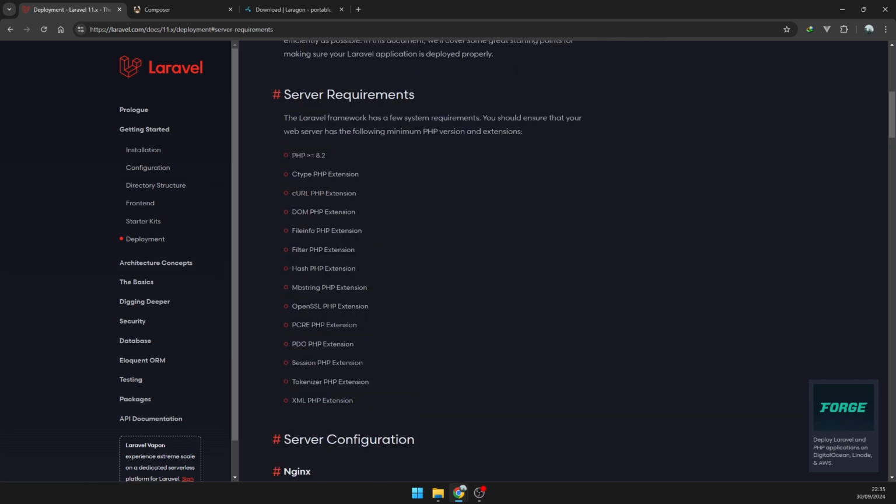In this server requirements page, the Laravel framework has a few system requirements.